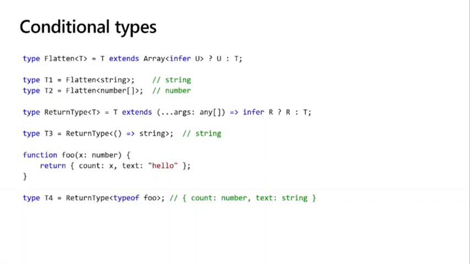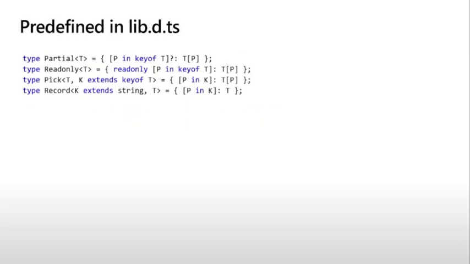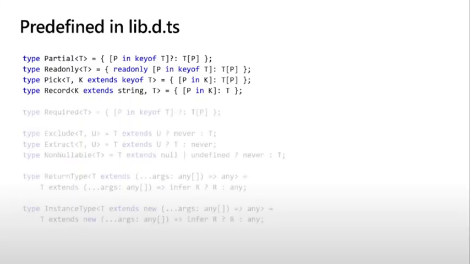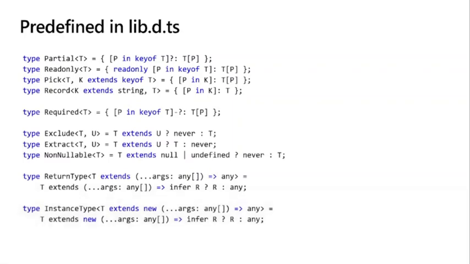Well, ReturnType of foo will give you back that type. And in fact, we can now build all of these into lib.d.ts, the predefined types. We already have Partial, Readonly, Pick, and Record that some of you may have seen. But now in TypeScript 2.8, we've added Exclude and Extract, NonNullable, ReturnType, InstanceType, and so forth. Okay, so that's a lot